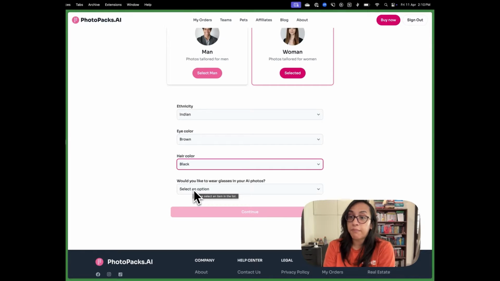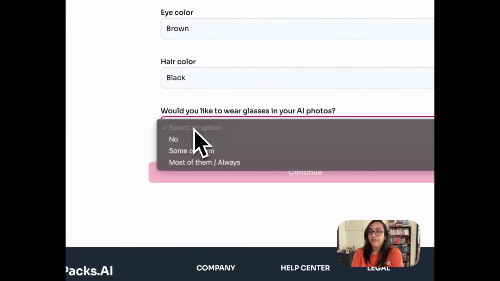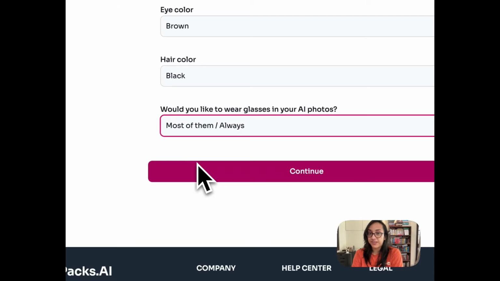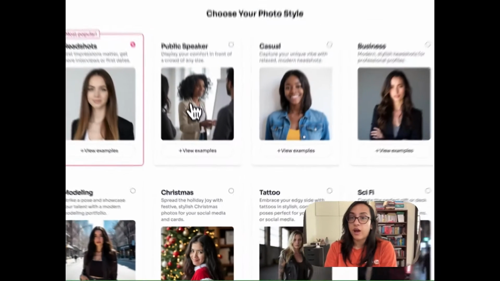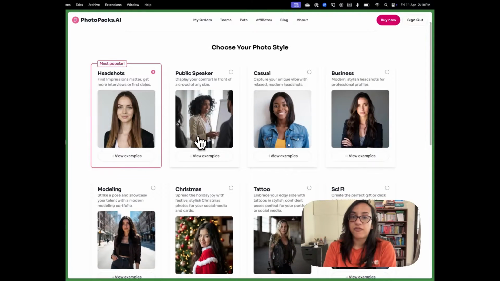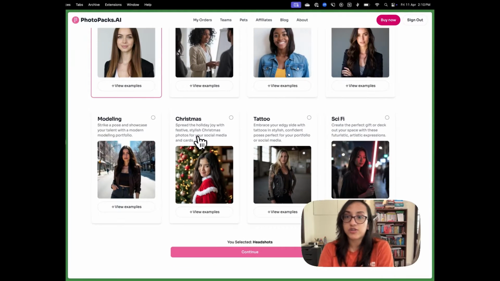I think that's a really powerful option to have here because there are some people who always wear glasses, people like me. I want glasses in all of my pictures, so I will select this option, then we'll click on continue. Now I can select some styles that I want my headshots to be in.